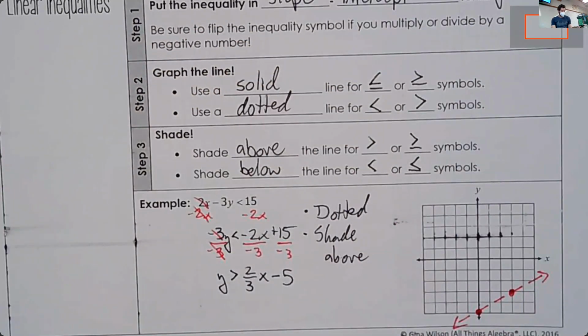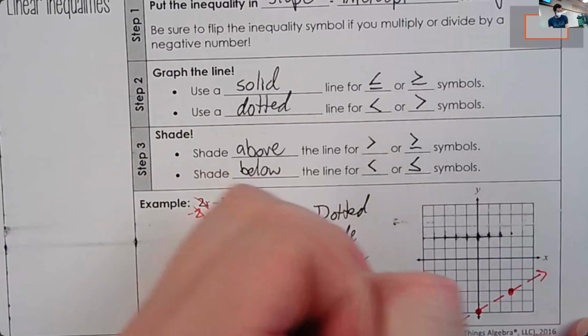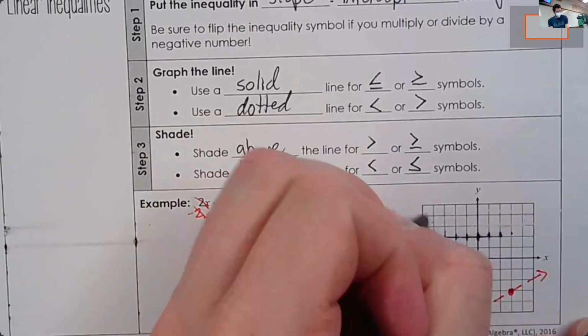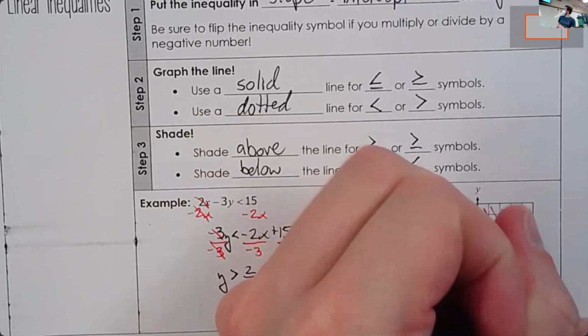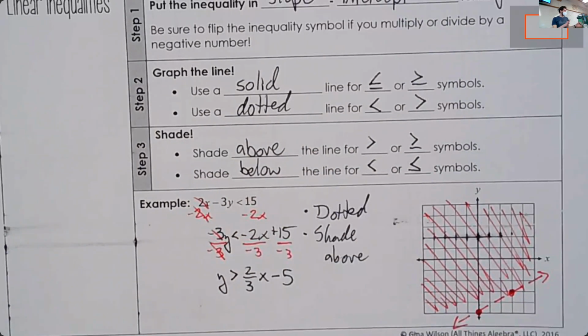And so we're just going to shade in everything above this line. All that shading up there represents every single answer to this inequality. All the points that are above that line are answers to this inequality. For example,